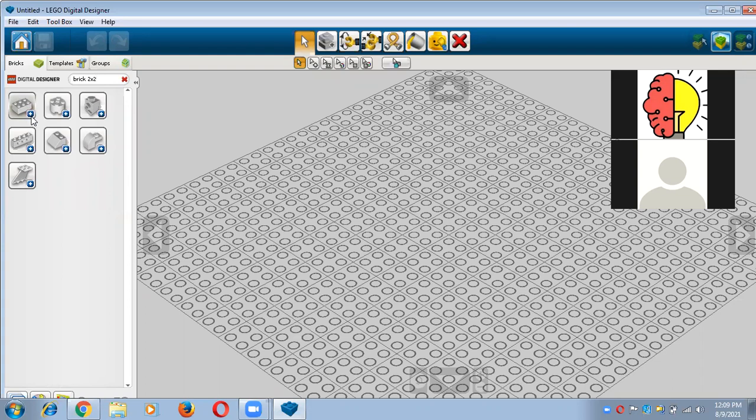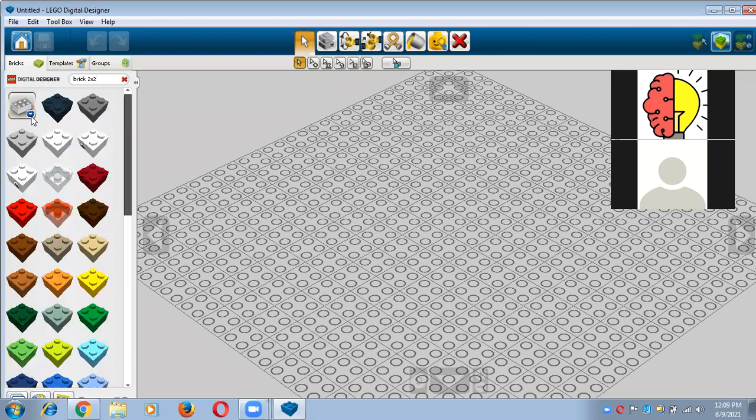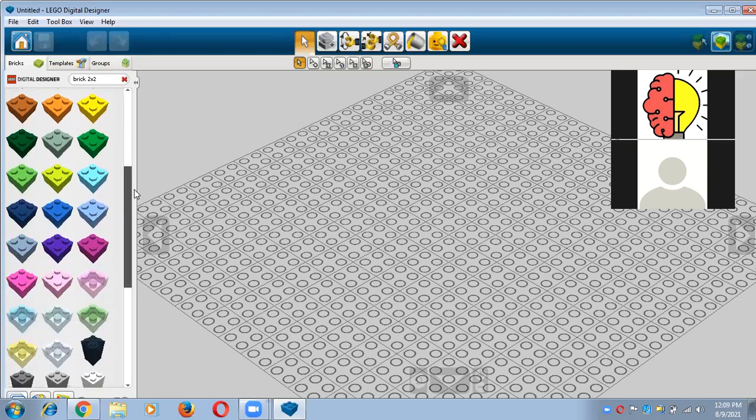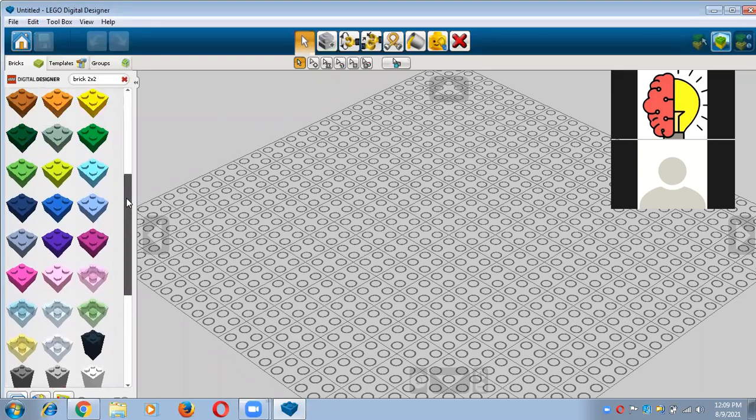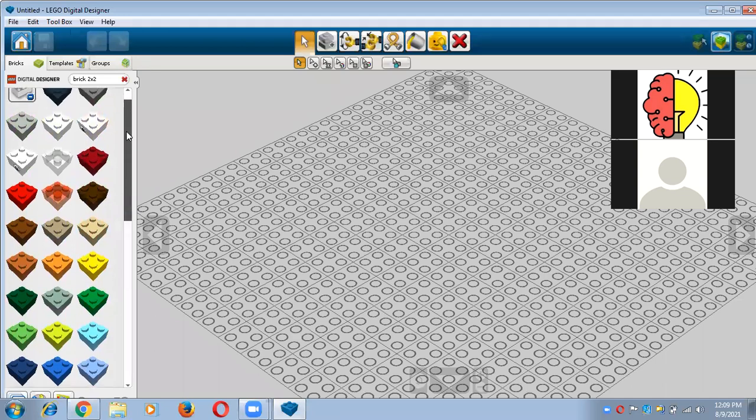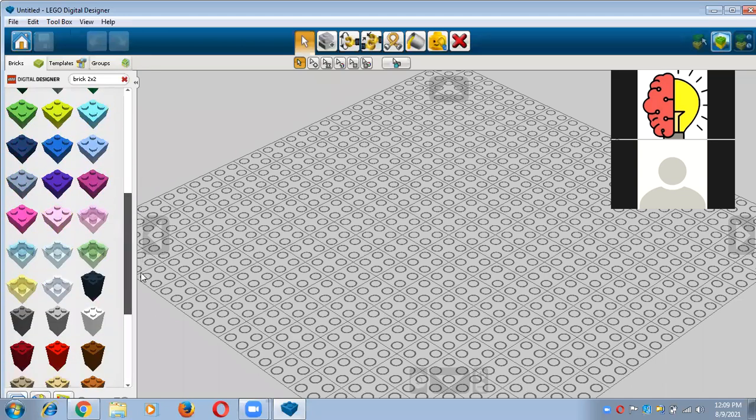So just expand it with the help of this plus symbol. Just click on that, and now you will receive lots of bricks, and its size is 2 by 2. So you can take any one, right? Like if I want to take a transparent brick, or like if I want to take this one, I can take it.